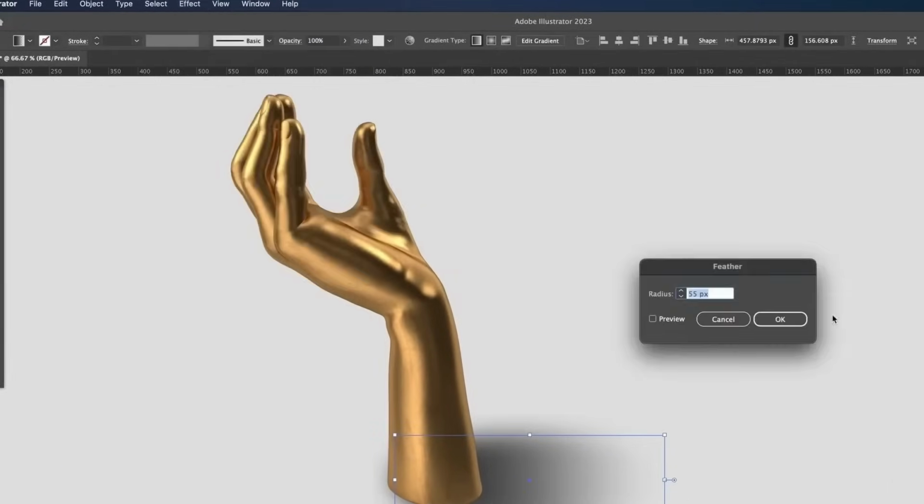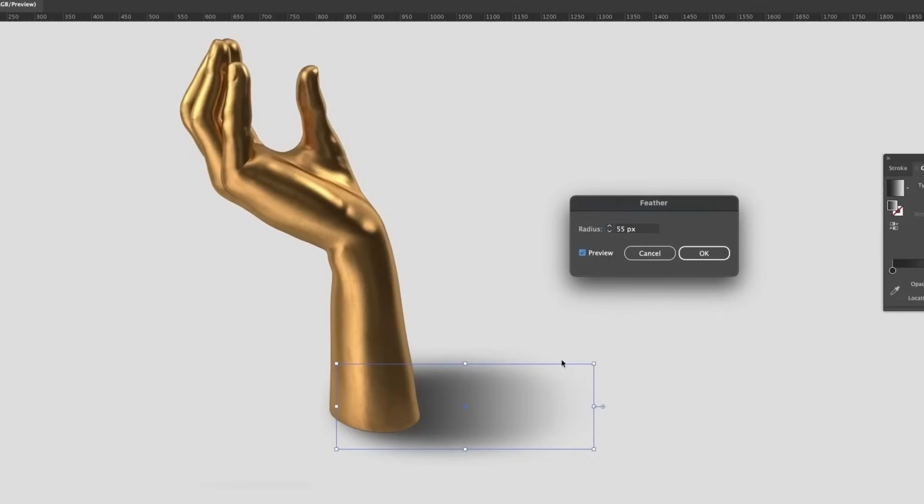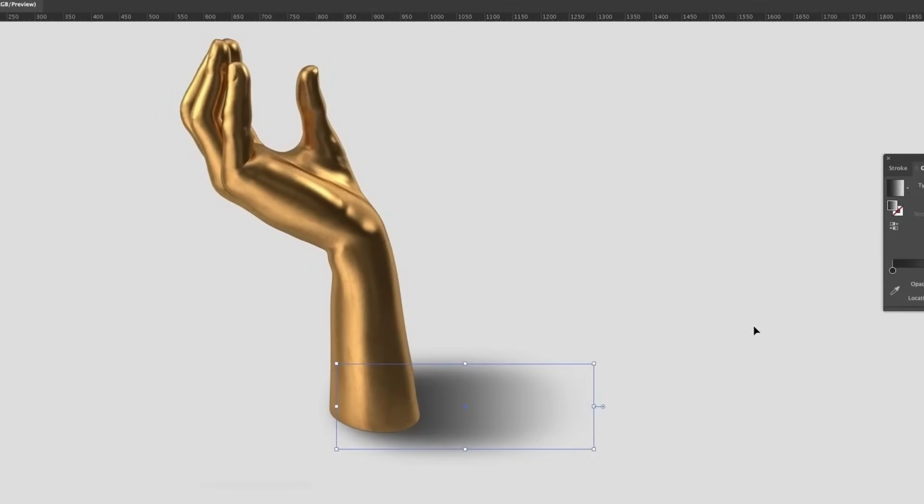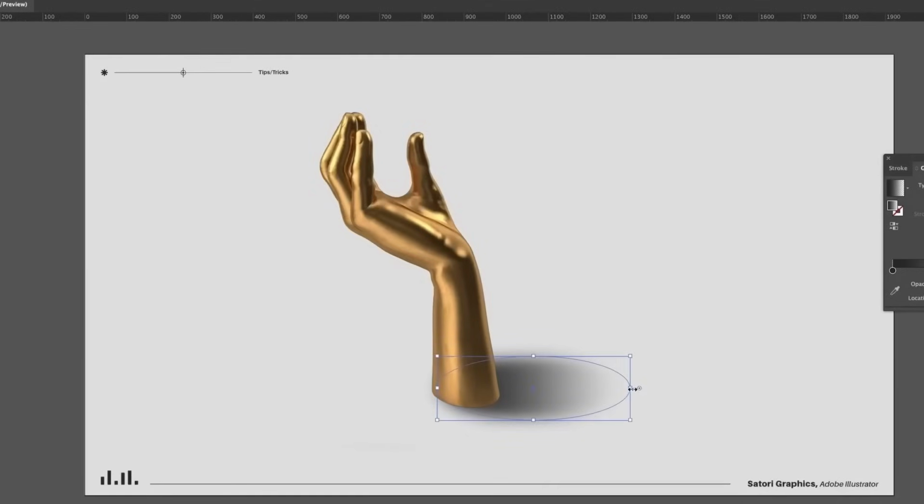While you're doing this, click preview and have a look at what kind of values work best for your shadow, and then when you're ready, just hit OK. The great thing about this is that we can edit the shape and even the gradient after having added the blur effect. You might even want to add a second darker blur closer to the hand for extra